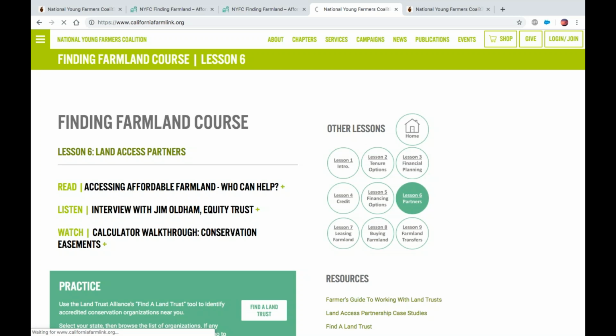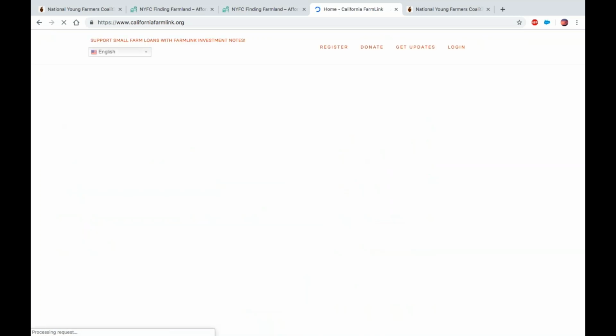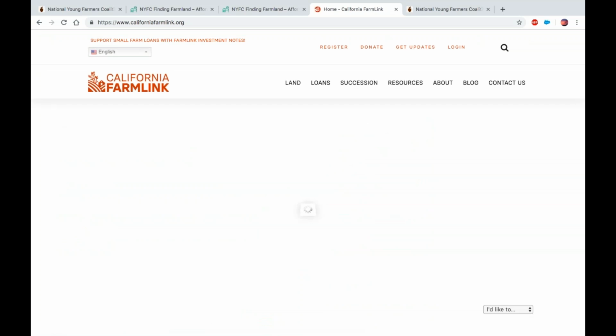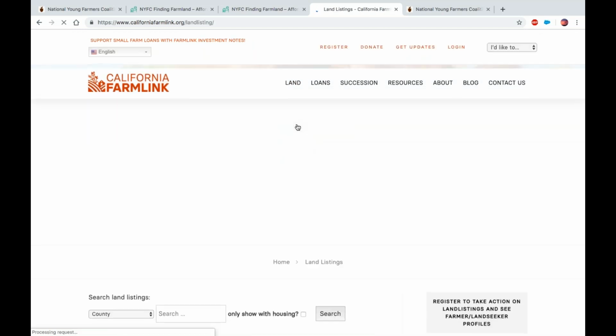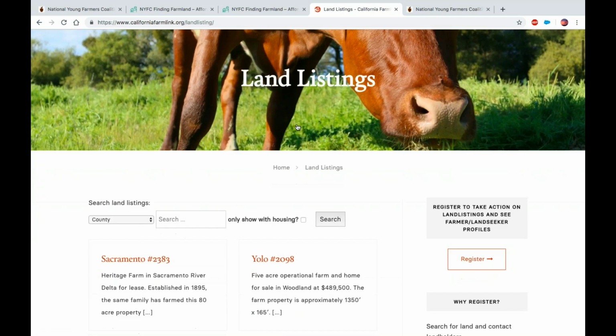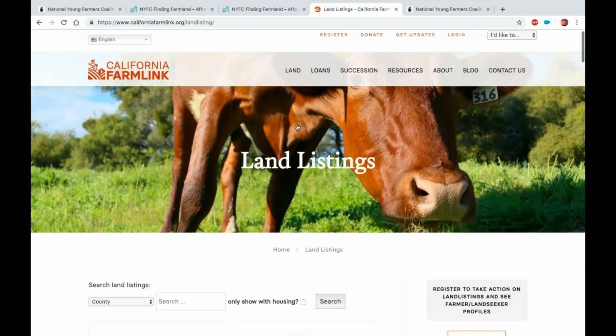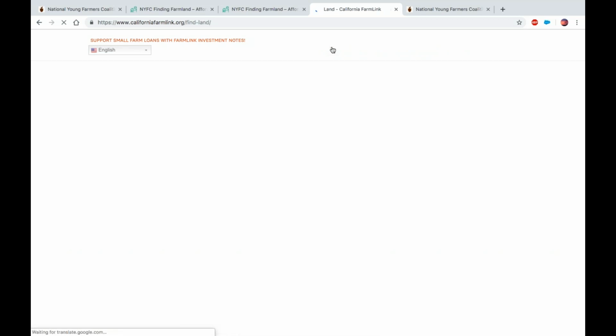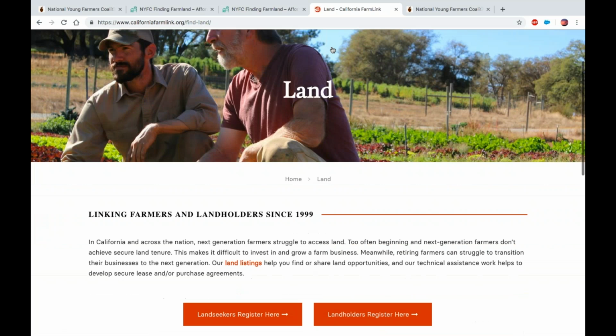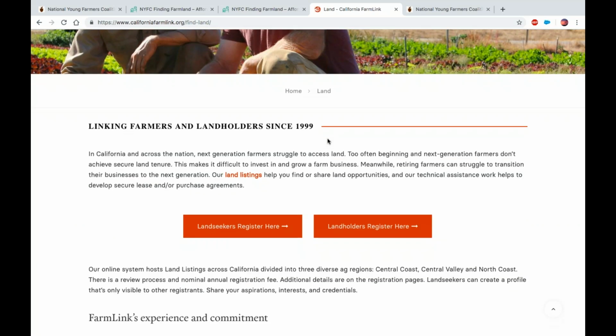And if you meet our requirements for working with us and finding land, which is a minimum of 2 years experience in commercial agricultural production, then you can register and be able to contact those landholders, as well as contact and communicate with other land seekers. So this is the front end of our website, but we have a brand new land portal. So when you register and log in, there's all kinds of cool stuff. It just launched last week, where you can communicate with other land seekers, communicate with landholders, favorite listings, search and navigate the site. So yes, we absolutely do.